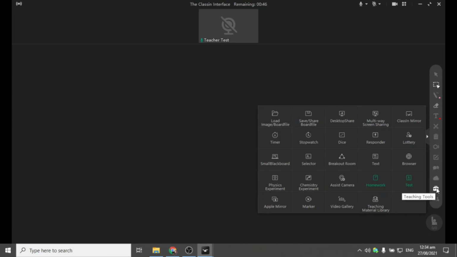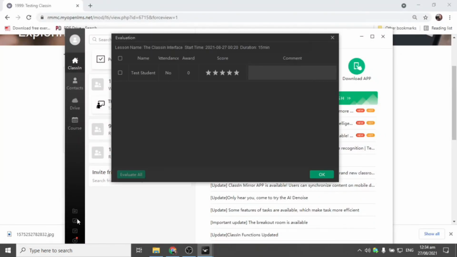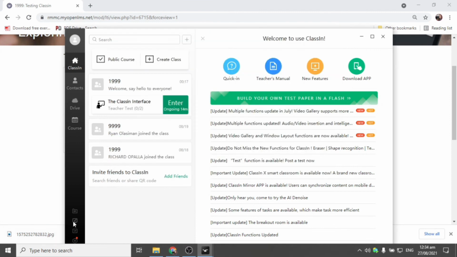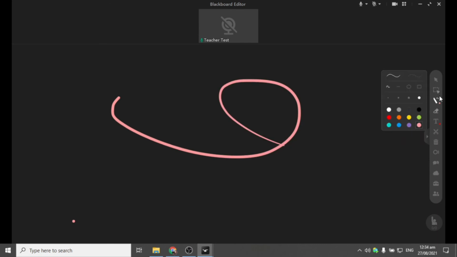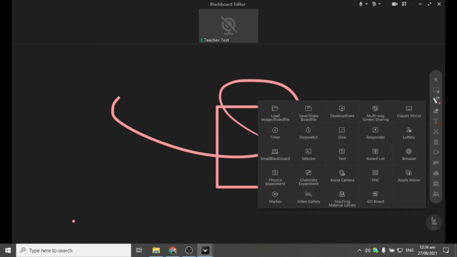Okay, how about the teaching tools? So as you can see, we have desktop share, save share, board file. For example, you practiced in the Blackboard Editor, this one. Okay? You practiced here and then you want to use it later. Like, for example, there, I made some shapes. Okay? And